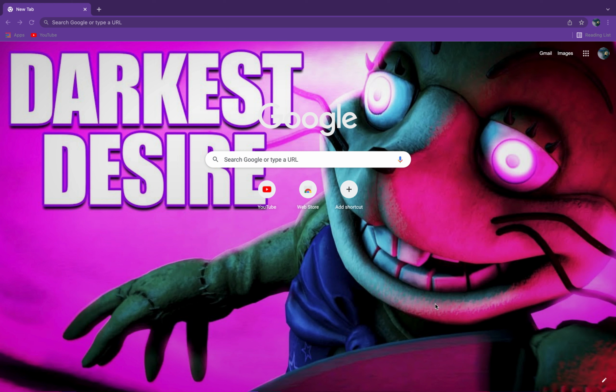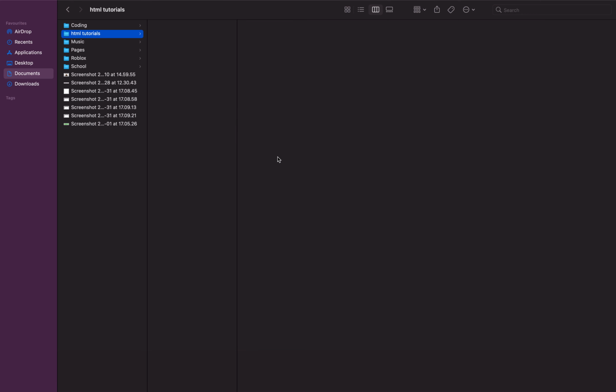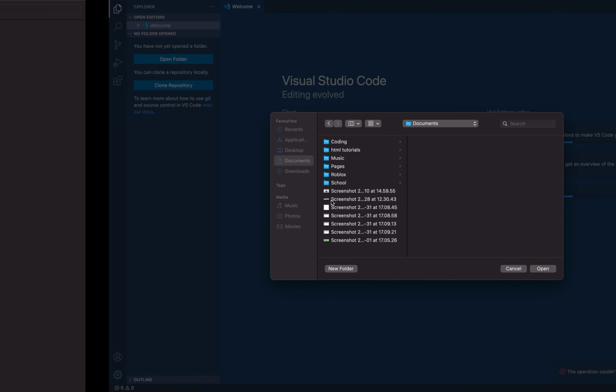Finder, because I'm using a Mac, but I don't know what the alternative is for Windows. I do know, I just can't remember off the top of my head. But yeah, so you're going to want to create a new folder in Documents, and I've called mine HTML Tutorials. You can just call yours HTML Learning or something. And then you're going to open up a